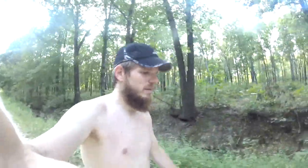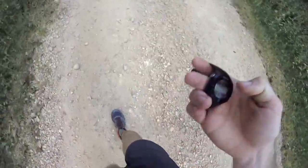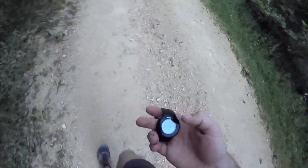I've got a big hill coming up, and I'm just not excited about it. And I'm kind of racing against daylight. As you can see, it's starting to get kind of dark. Let's see what time it is. My watch is broken today too, so it's been a doozy of a day. It is 6:23, and so I assume the sun starts setting at about 7:30. So I don't think I'm going to make it back in daylight, but I think with the twilight,